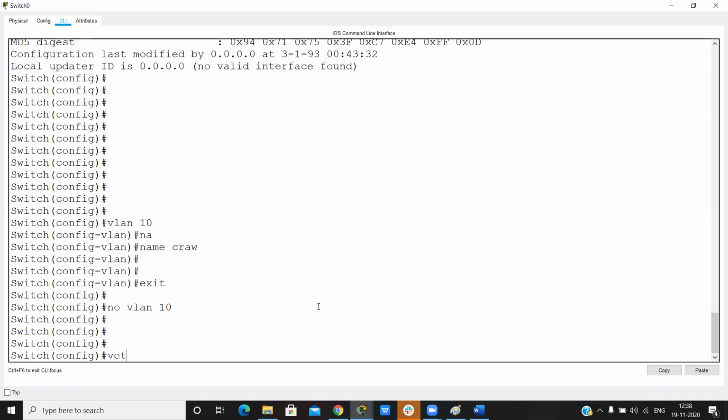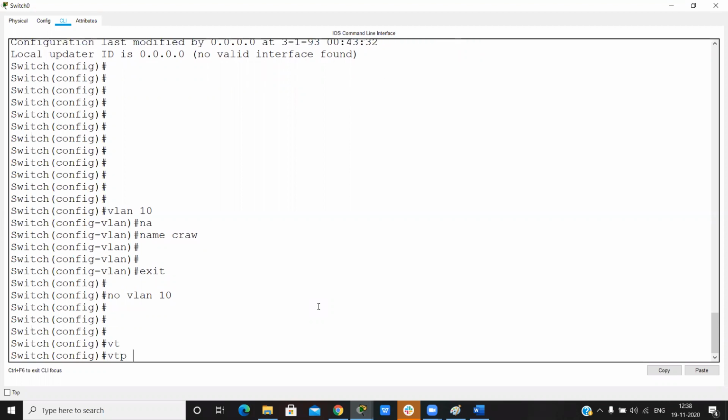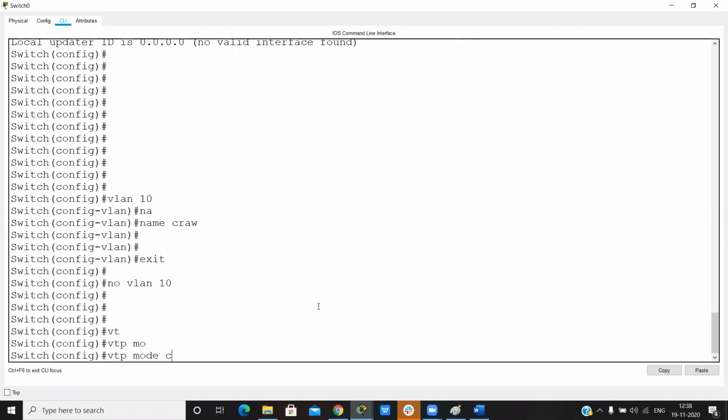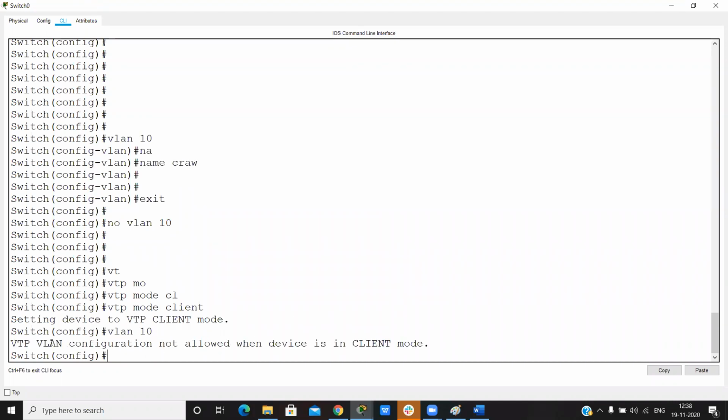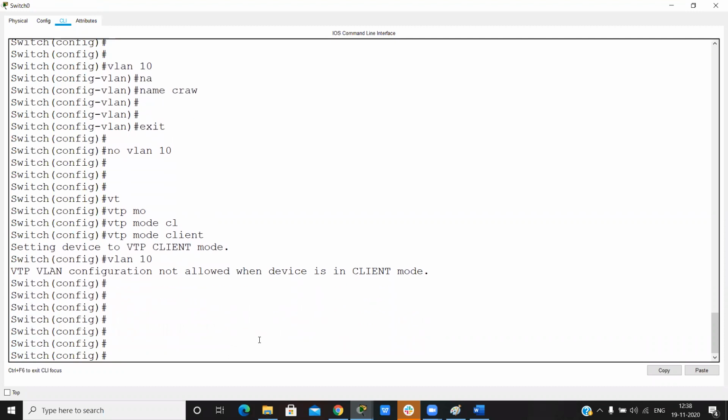So firstly we change the VTP mode to client, and now we want to create the VLAN. VTP VLAN configuration is not allowed on devices in client mode. So this is our VTP client mode.